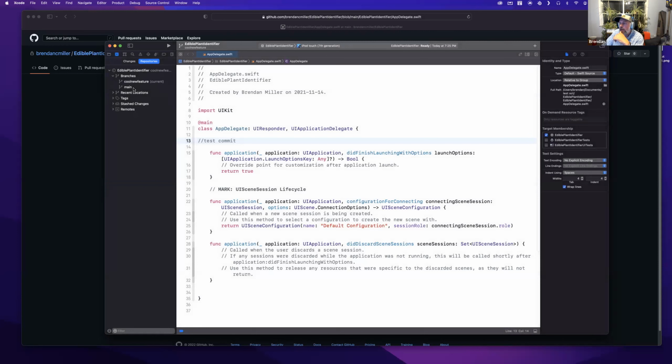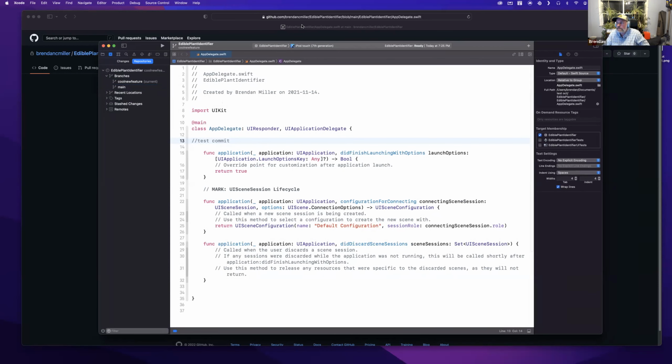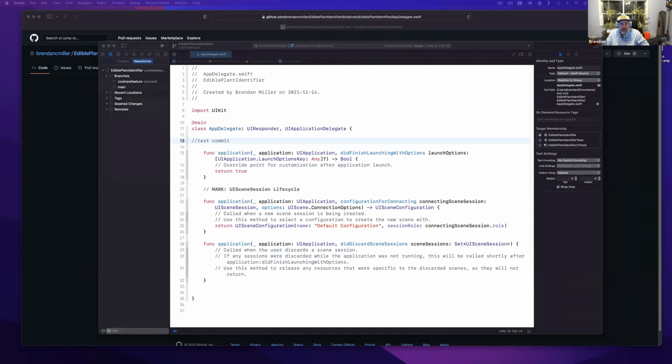So then you can work on that, and then ultimately, when you want to merge back into main, you'd pick here, and then you would say merge. Well, you do it the opposite. You would merge cool new feature into main. But yeah, that's basically it. So let's go back to the keynote.